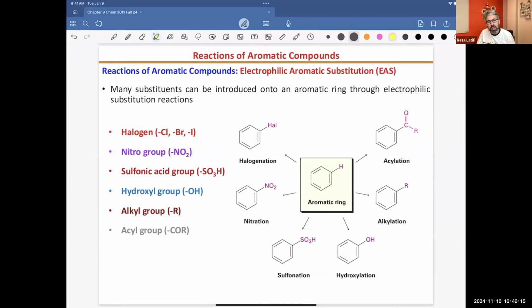If you replace H by OH, or technically oxidize it, we say we are dealing with hydroxylation. If you replace H by an alkyl group, it will be alkylation. And if you want to replace it by a carbonyl group, we say we are dealing with acylation. I'm going to try to practice some of them,